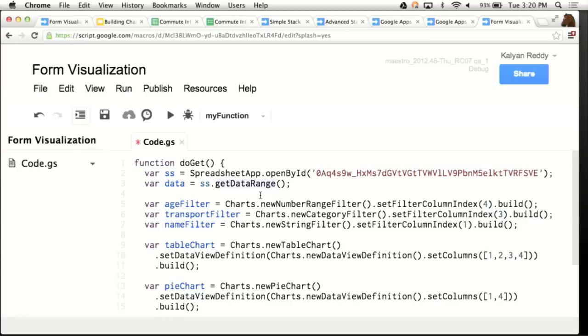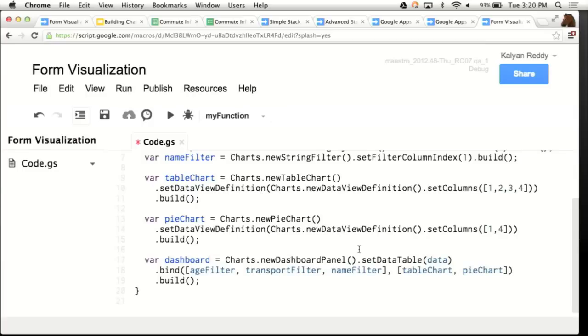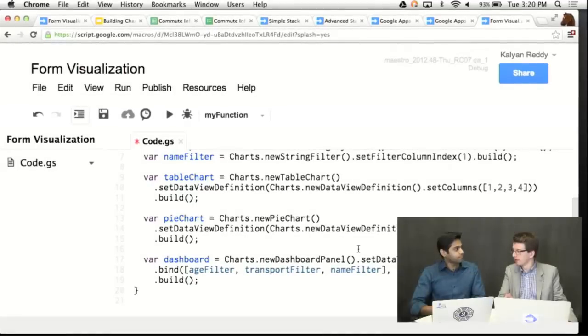You just pass in the range. Nice. Now, people who are used to using the spreadsheet service might have expected that they would actually be getting values for that data range, but here you're actually getting the range, not getting the values, correct? Right. And that's kind of a cool thing to point out, just because it shows how tightly integrated Apps Script is with the rest of the Google Apps ecosystem, right? You just get this range object from the spreadsheet, and bam, you can use it as like a native object